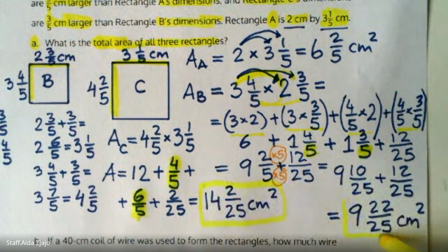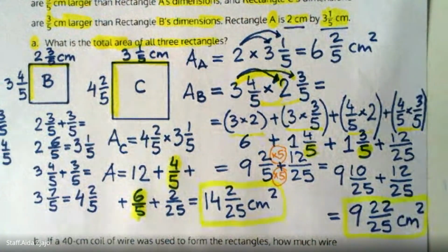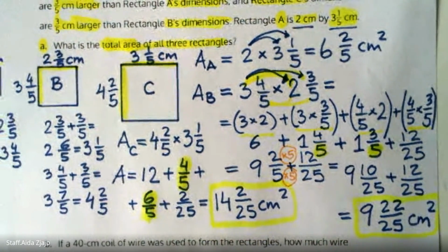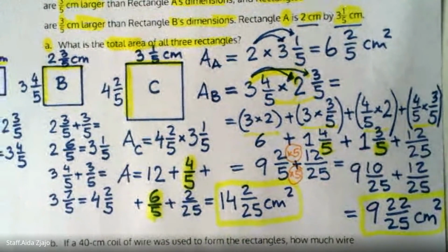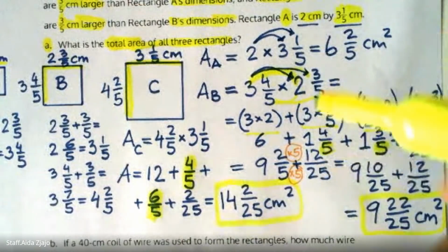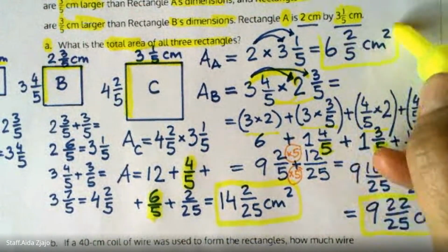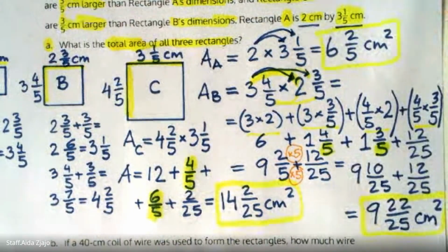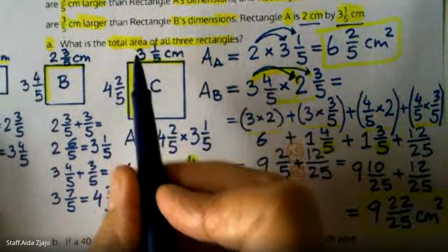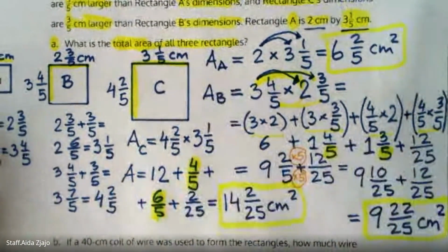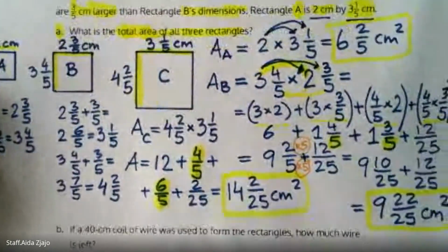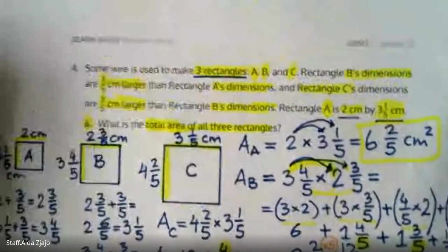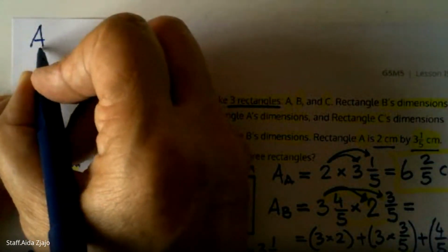I would rather have extra paper for you. If you're doing it in classroom, use the notebook to do so, so you have enough room to do. But so far, I have all these 3 areas. But that's not it, because they ask us to calculate what is the total area of the 3 rectangles. So the total area, I have to use my margin on the top. So I'm going to add area total